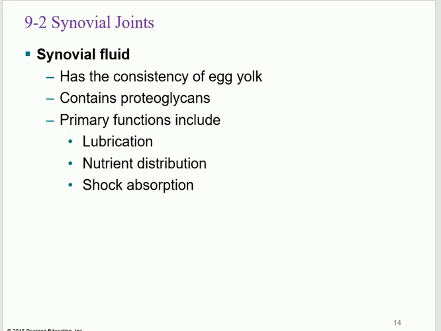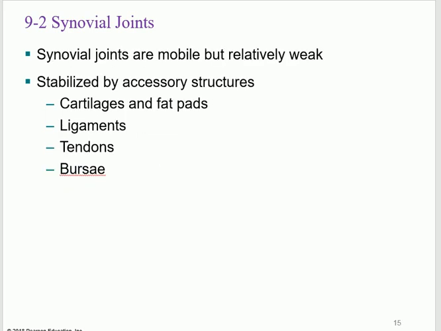Inside the synovial joint, we have the synovial fluid. Why do we have it? It's something like the egg yolk. Why do we have it? Lubrication. It lubricates the joint from inside. It distributes the nutrition. Why? Because if you still remember, I told you guys that cartilage is avascular, no blood vessels. How can you get the nutrition then if it's avascular? From that synovial fluid. Cartilage does not have blood vessels. How you get your oxygen, nutrients, synovial fluid. Shock absorption because it's fluid, so it absorbs the shock.